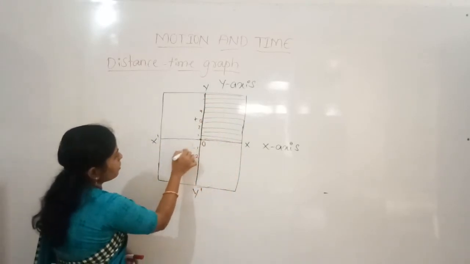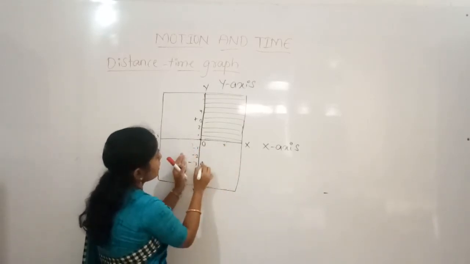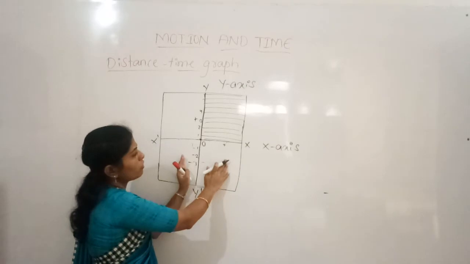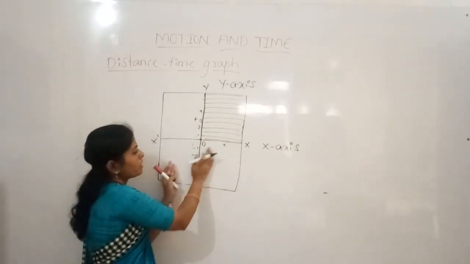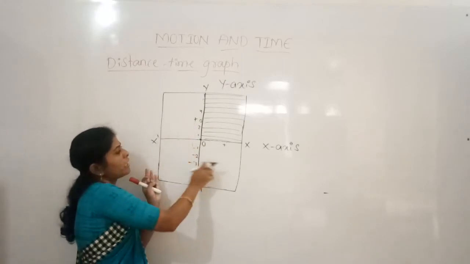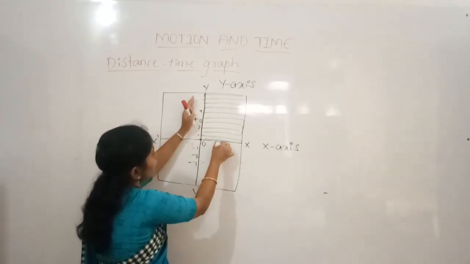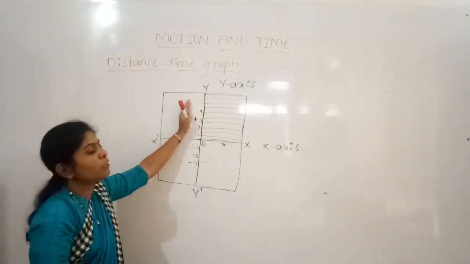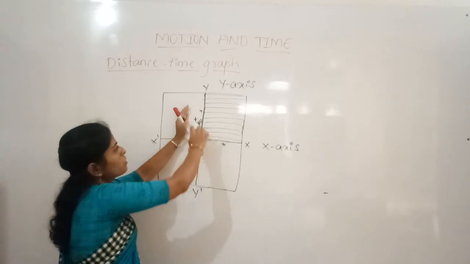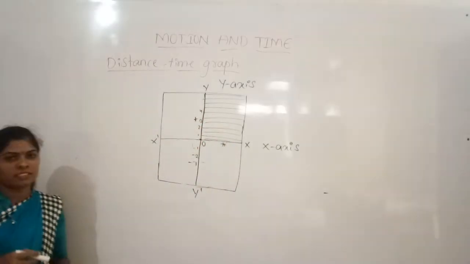So here the negative numbers will be there. If we take this half, here positive numbers are there, here negative numbers are there. Since we want to discuss only the positive numbers, these three parts we don't want, we can discuss only this, because here also positive values are there. So in your class we can discuss only about this, and the remaining we will discuss in the higher sections.